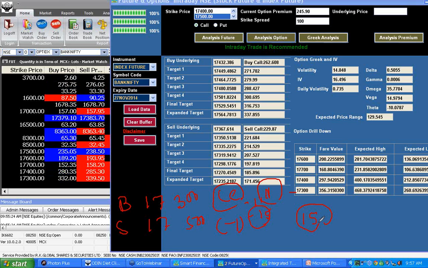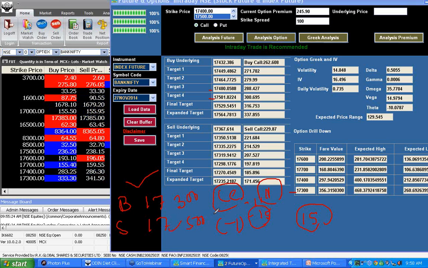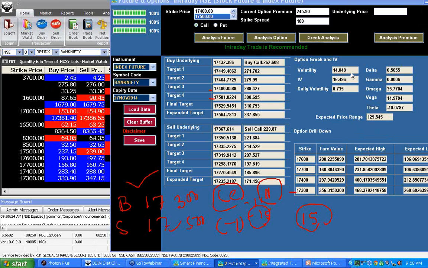For that reason only I can take it, and this 15 point profit will come once my Bank Nifty goes to my target 3 or target 4 on the upper side, because I am involving only call options. Similarly, you can find the arbitrage opportunity in the put option and do that also. So this is a less damaging, good success arbitrage option trading technique. Less damaging and very good.